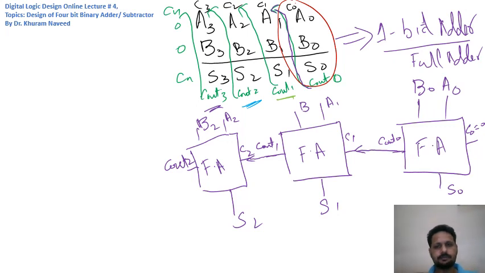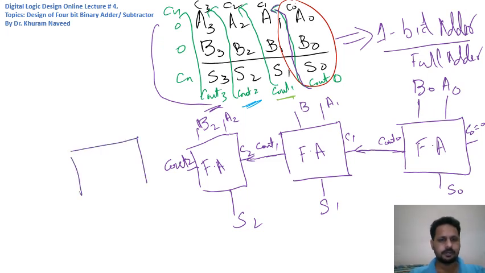So I'm using the same symbols that I've already used here, right? Nothing different. I'm just connecting the different full adders to make a